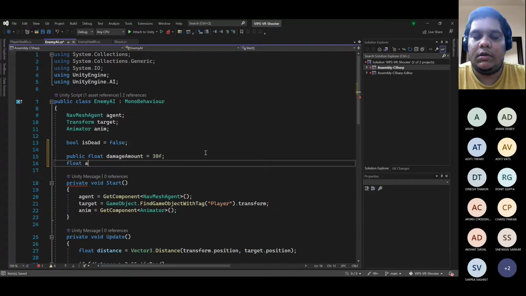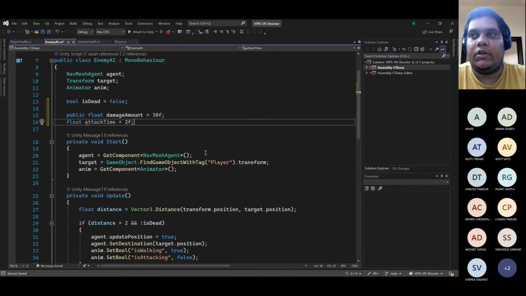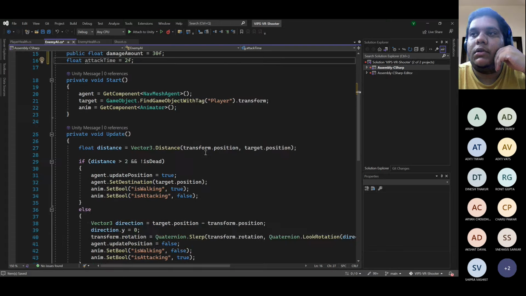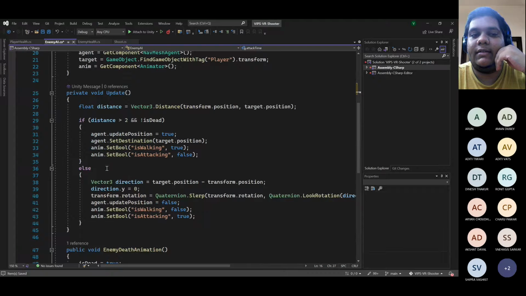So after how much time can it re-attack, in a sense. Like we did with the rate of fire, this is similar to that. In a sense, this is the rate of attack. So for now let's set it as 2f. Now what we want to do next is here in our else statement, where the attack is actually happening, we will set the